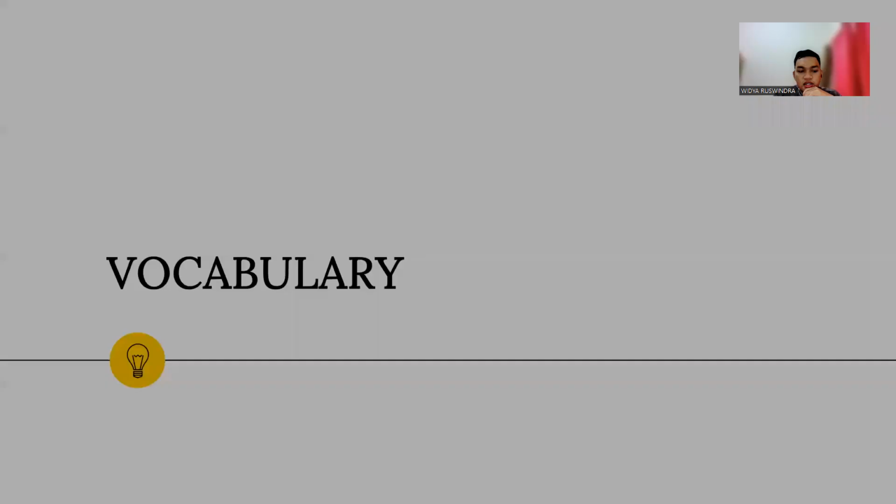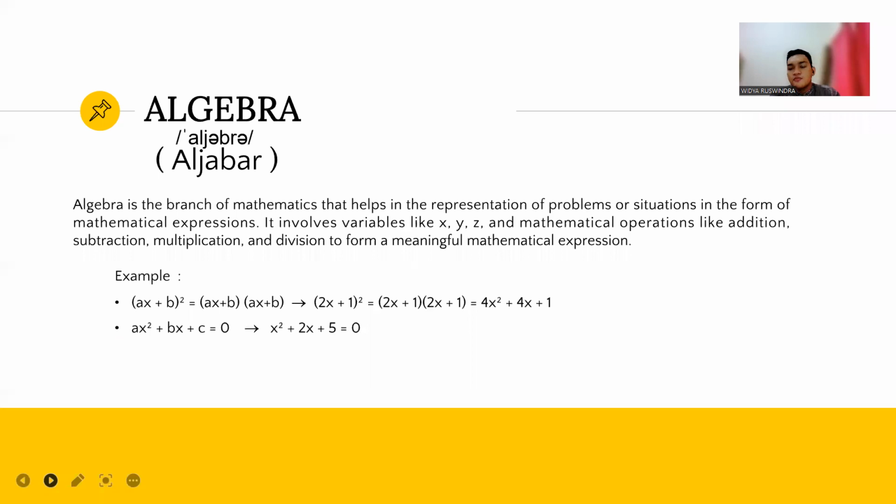The first vocabulary is algebra. For pronunciation, it is algebra. In Indonesian language, we say aljabar. Algebra is the branch of mathematics that helps in the representation of a problem or situation in the form of a mathematical expression. It involves variables like x, y, and z, and mathematical operations like addition, subtraction, multiplication, and division to form